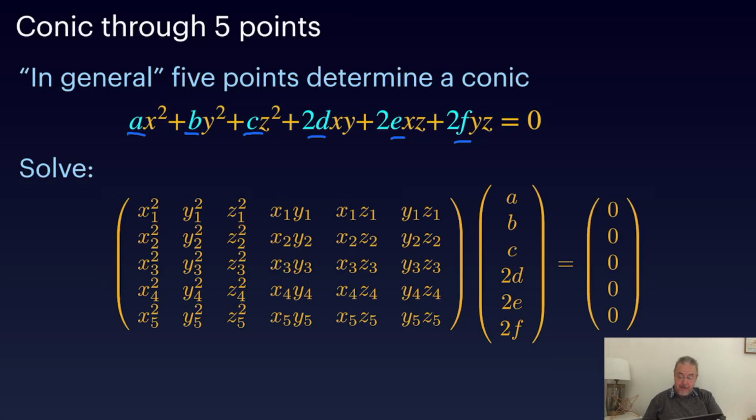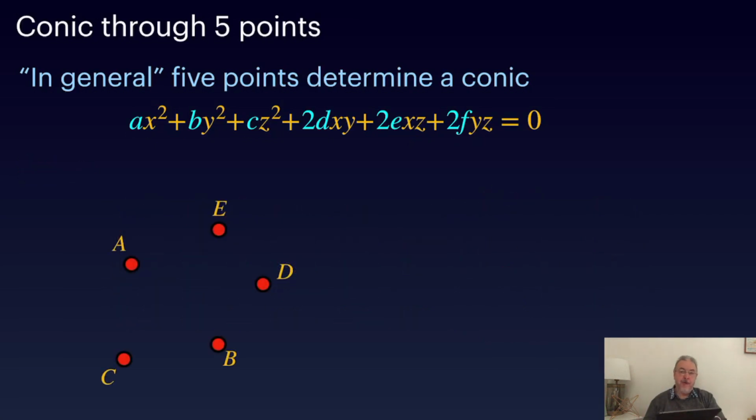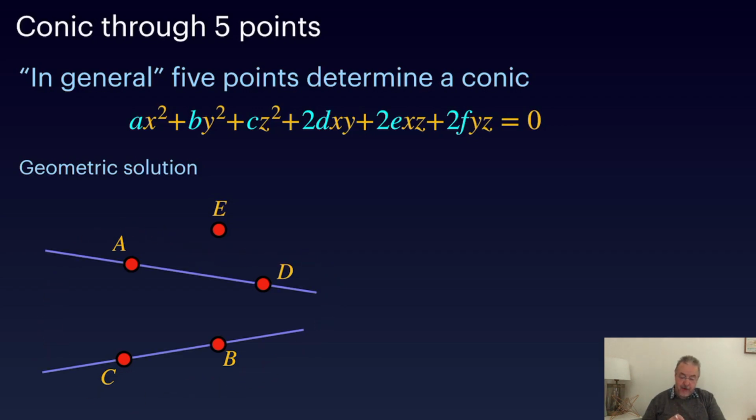So, this is a very general approach, but you know we are always searching for geometric insight. And I want to give you a kind of more insightful solution of what's going on here. And I would call this more a kind of geometric solution. So assume you are given 5 points, again in general position, no 3 of them should be collinear. And as a first step, you focus on the first 4 points here and consider 2 degenerate conics passing through